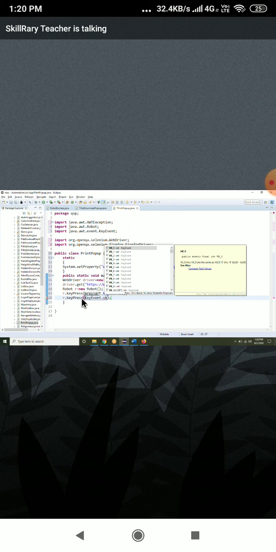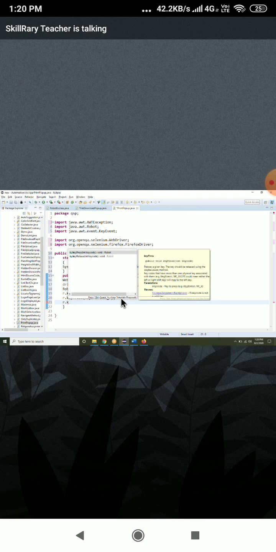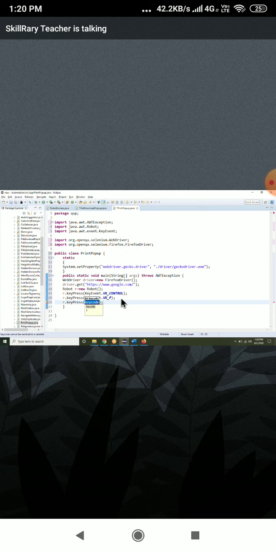VK underscore P. Now Ctrl P is pressed. After that, you have to release Control. That is mandatory. But whether you want to release P or not is up to you. That is not mandatory.